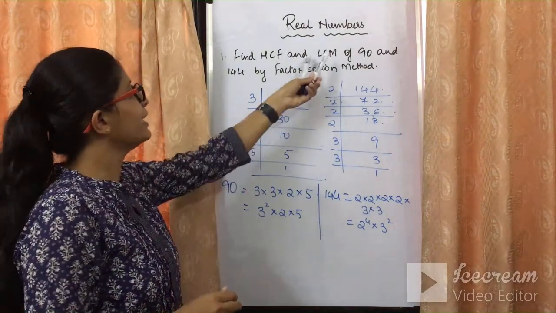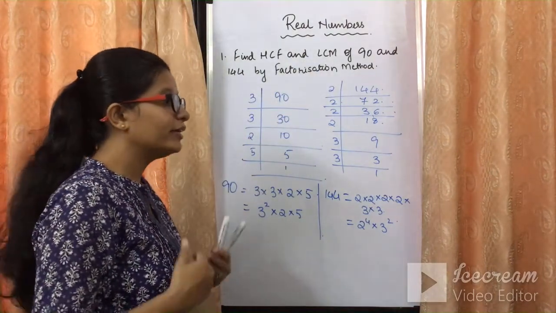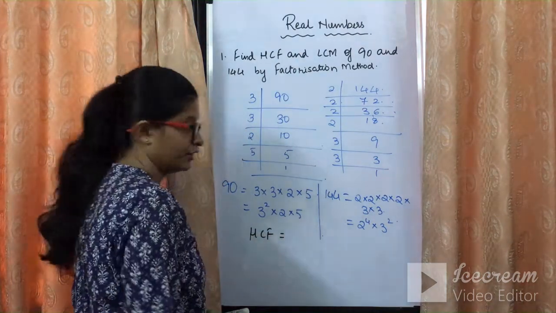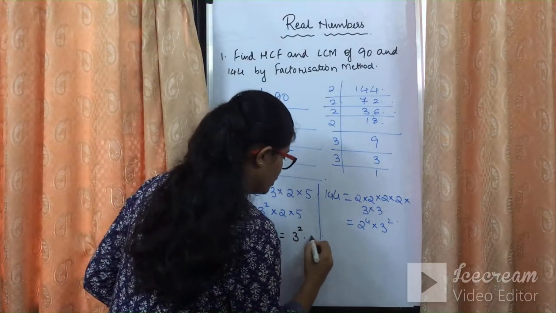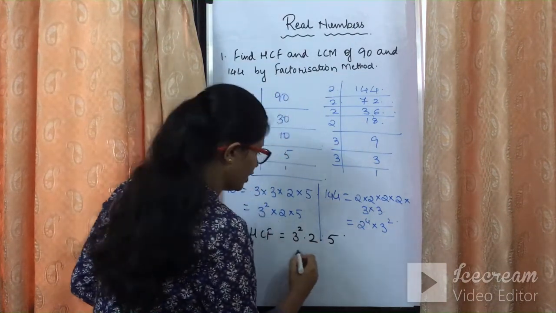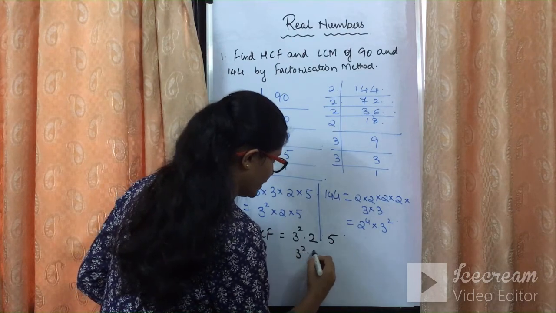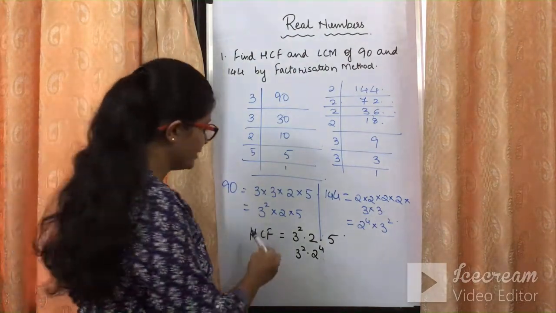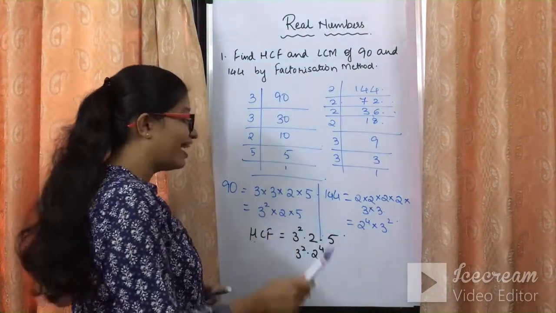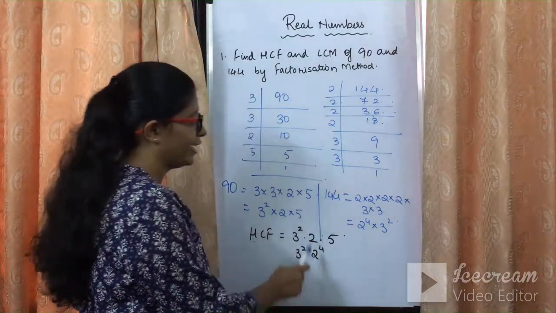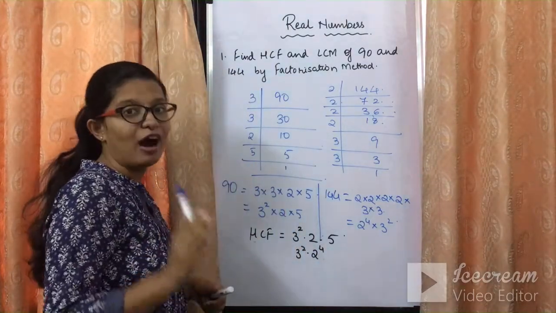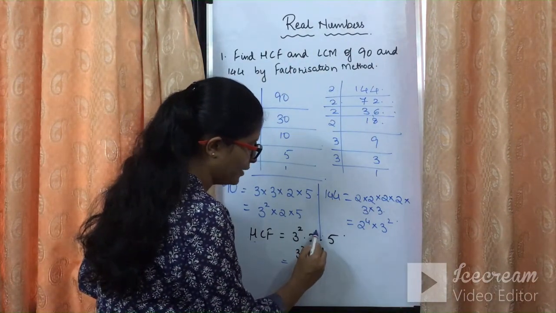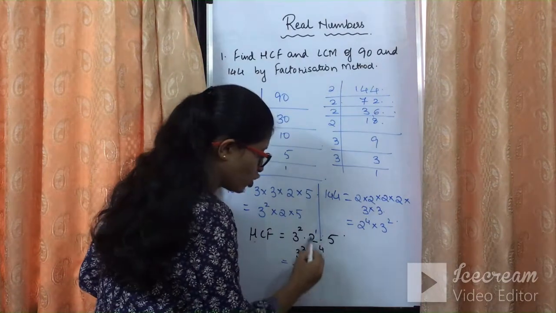What we need to take out is LCM and HCF. What do we mean by HCF here? HCF is highest common factor. So 90 के factors लिख रही हूँ 3 square into 2 into 5 and this is 144 के factors लिख रही हूँ उसी के नीचे 3 square into 2 raised to 4. Fine? Now what we need to find is HCF. HCF का मतलब होता है highest common factor. Highest common factor मतलब कि अपने को वो number लेना है जो दोनों में common हो and should have the lowest power on it. So what is the HCF for these two factors will be 2 क्योंकि यहाँ पे 2 की power 1 है. So we will be taking 2 is common between both.